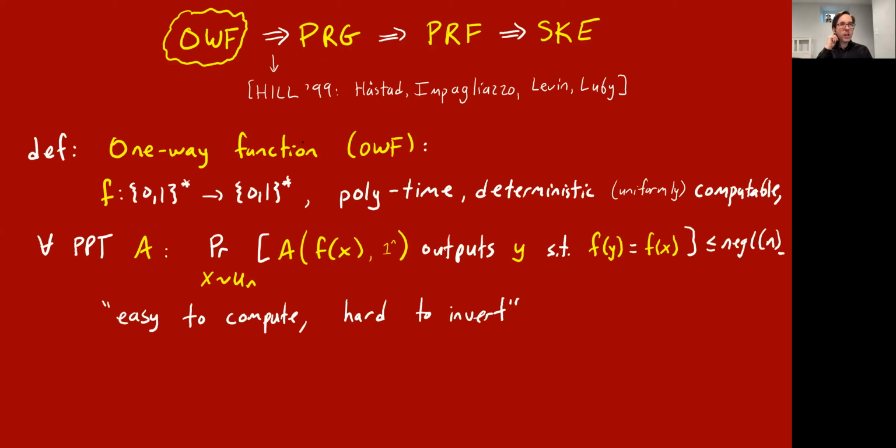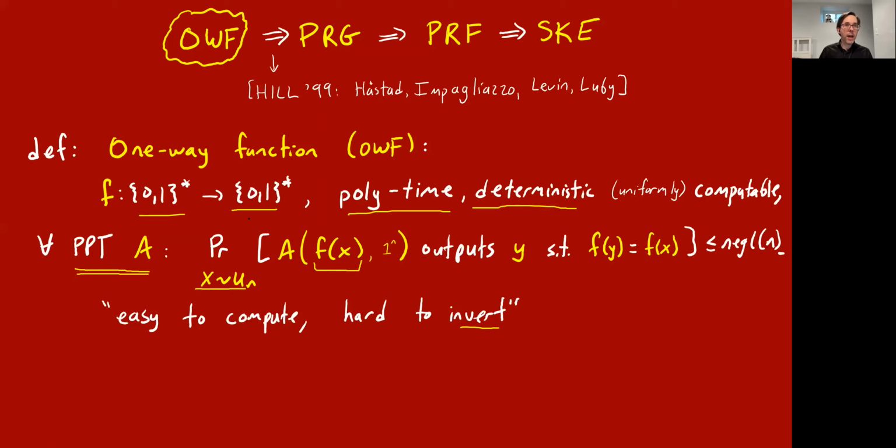So let me quickly give the definition. A one-way function is a function that maps strings to strings. Perhaps you've even heard it before. It should be an efficiently computable and deterministic function. And it should basically have the property that, although it's efficient to compute, it's very hard to invert. So basically, you want to say that for every PPT adversary A, if you pick a random string x, apply f